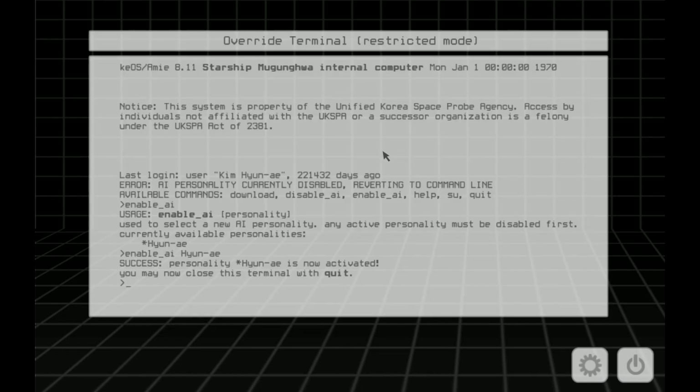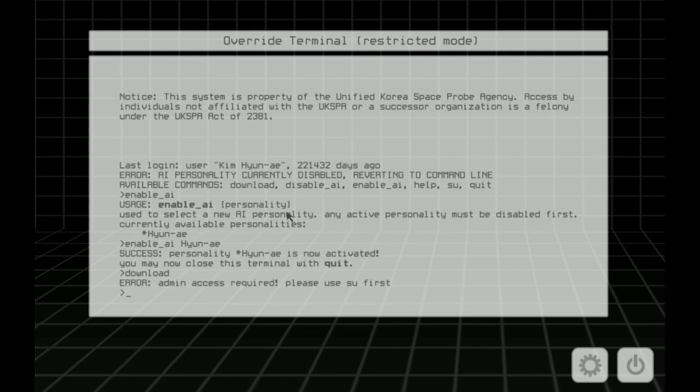Okay, you can now close this. Okay, well, what's the password then? Okay, well, I'm pretty sure I can download now. Download. SU.